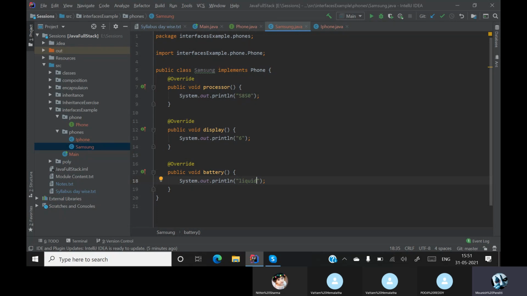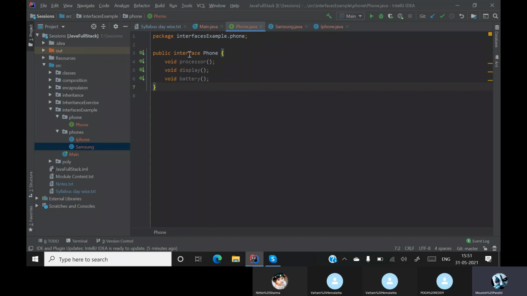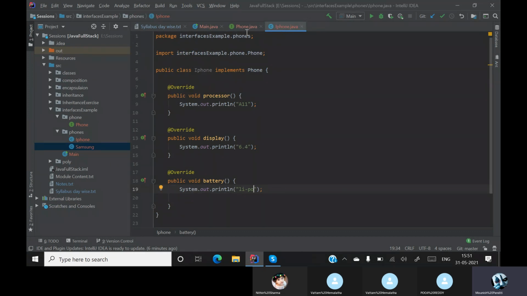If this is a class, the processor, the display unit, and the battery will already be fixed. When Samsung or iPhone extends the phone, you can directly call the processor. Whatever processor the phone has will act as the processor for iPhone also.